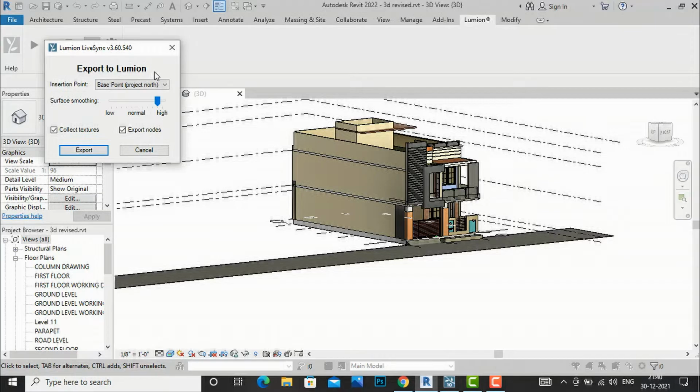You can export to Lumion, and surface smoothing you can keep high so that your geometrical shape will come out smooth. Otherwise if you keep it low, then there will be some errors in your 3D model. And if you want to collect your Revit textures, you can put a tick mark here: collect textures and collect export nodes. After that I will click export,